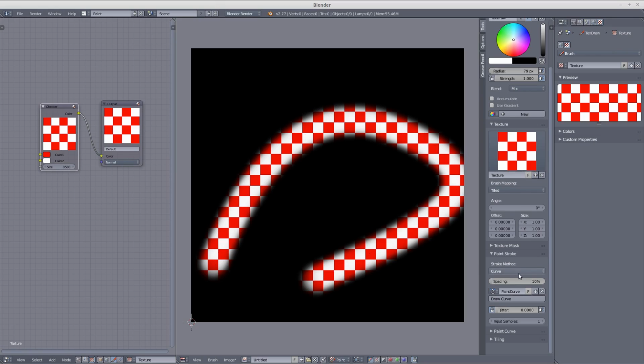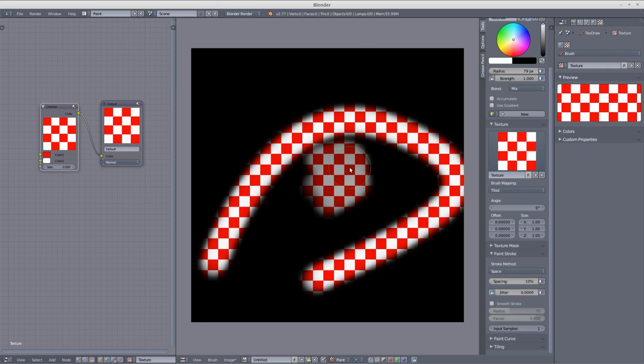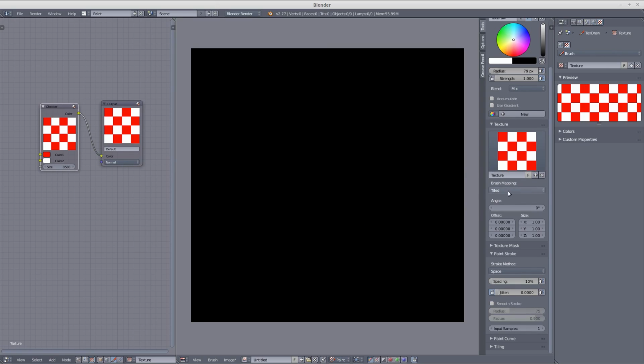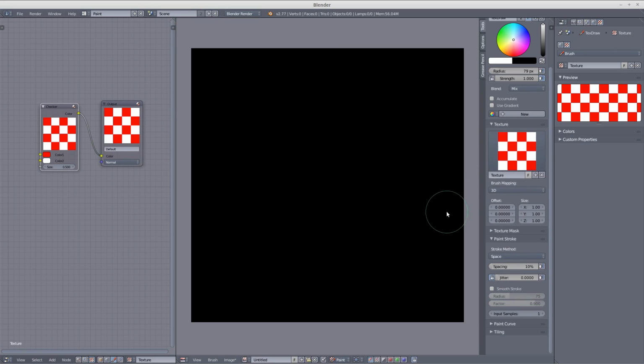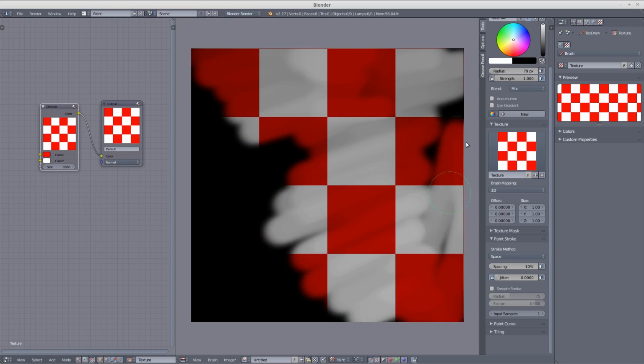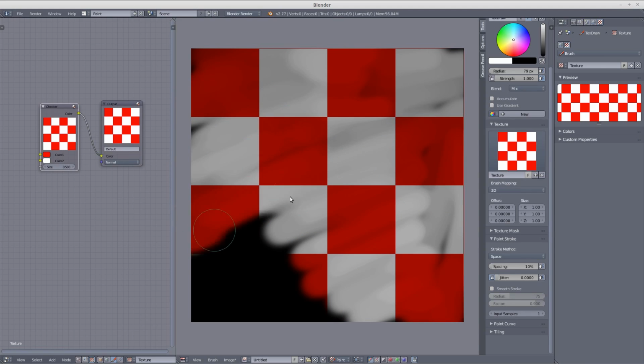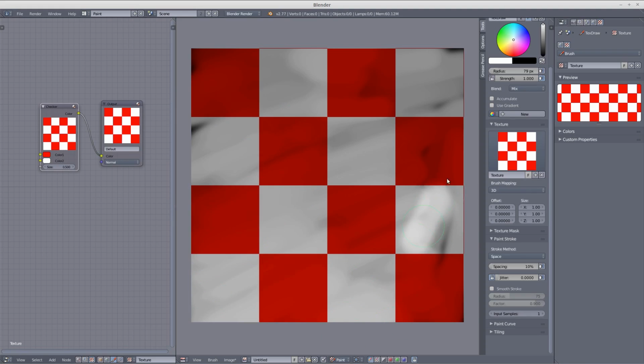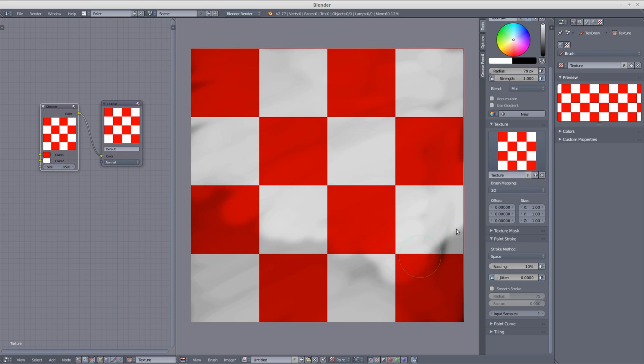Now that we've covered the different kinds of strokes, which also can be found by pressing the letter E, you can change to the kind that you want. Alt R to get back to the black. Here we're going to change to 3D, and it has an initial 1-to-1 relationship to our image because of the 3D mapping, and this would work also for your 3D model. If you paint on a 3D model with a UV image and you set your brush to 3D, it will